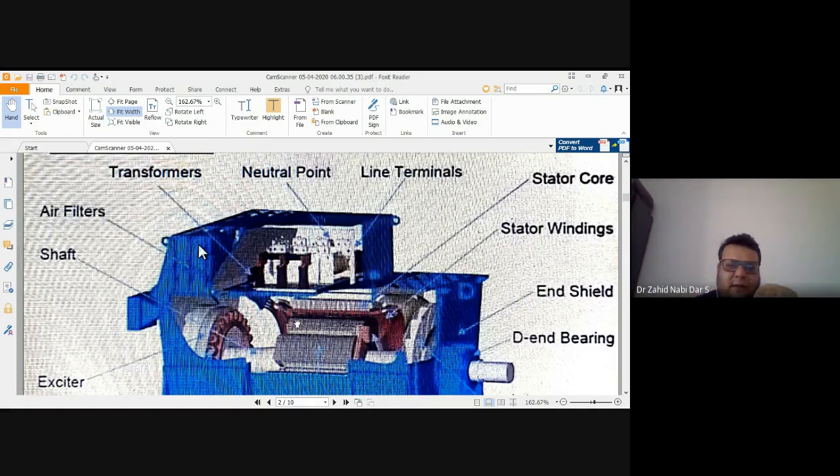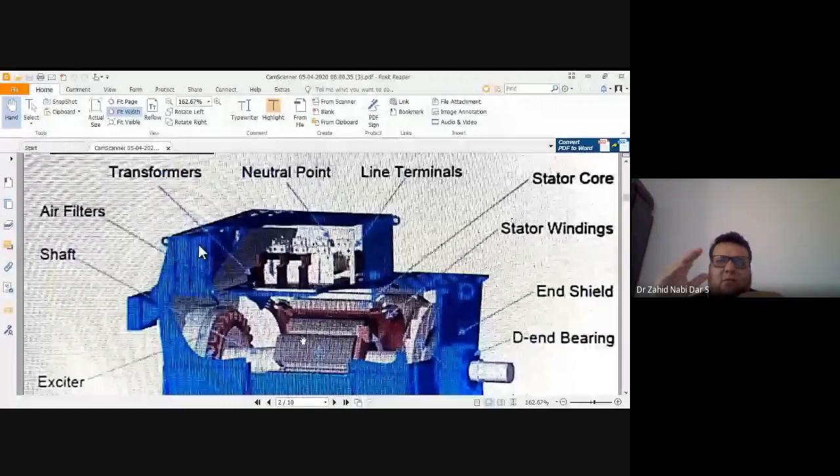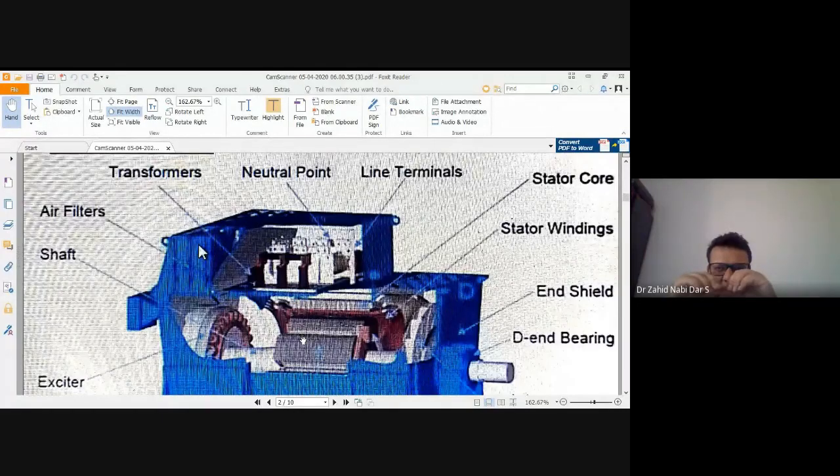And that's why there is an arrangement of a transformer over here. The alternator is producing power at the generating station, and once it is producing power, we transform it to a higher voltage. Why are we transforming it to a higher voltage? Once we transform it to a higher voltage, the length of the wire and the cross section of the wire required to transfer power from one place to another get significantly reduced. And because the cross-sectional area is reduced, your I square R loss will get reduced.